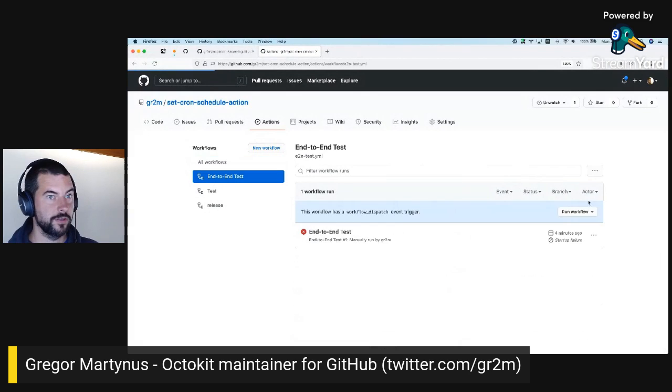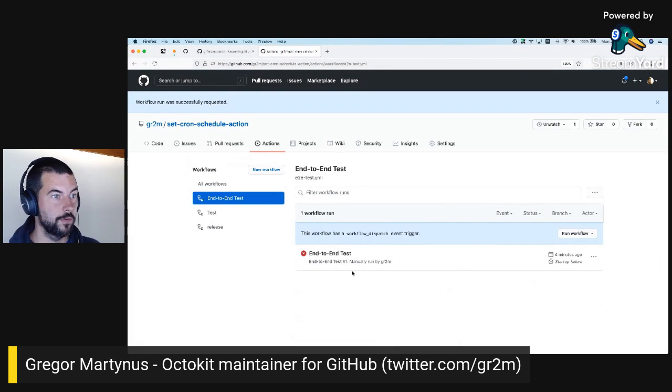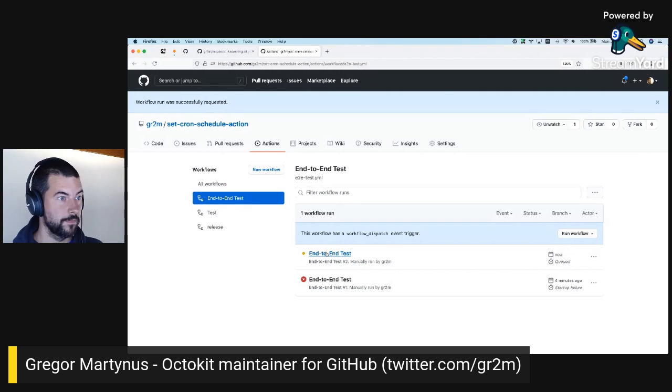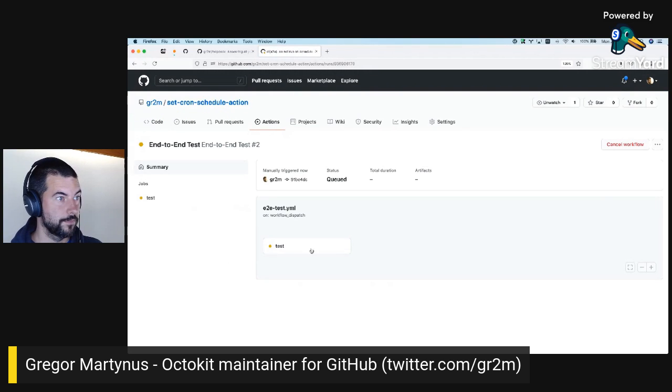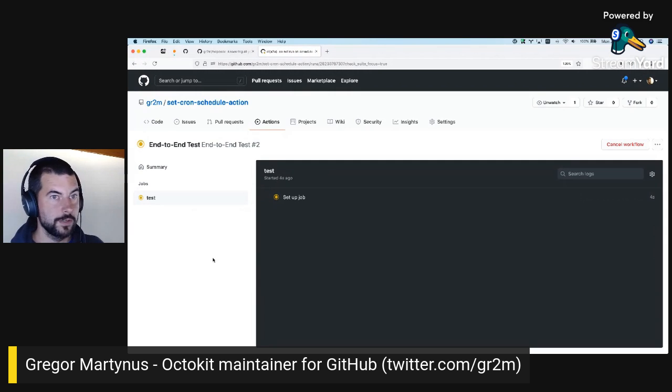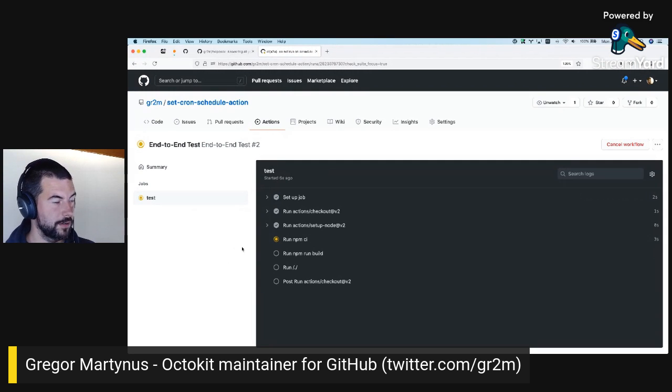Actions, end-to-end test, and then manually run the workflow. Let's see if this works. So at least we don't have any syntax error any longer.